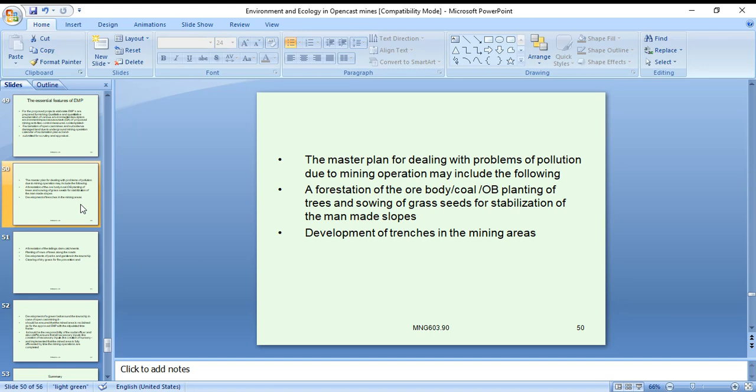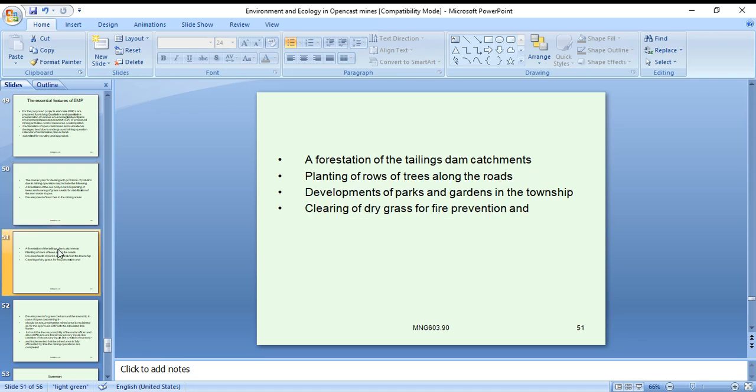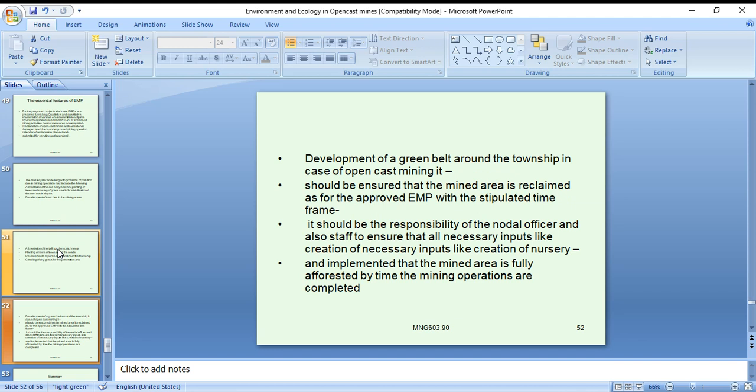the problem of pollution due to mining operations may include the following: afforestation of the ore body, coal, OB planting, trees, and sowing of grasses, seeds for stabilization of the mine slopes, development of trenches in the mining areas, afforestation of the tailings dams, catchments, planting of rose trees along the roads, development of parks and gardening in the township, clearing of dry grass, fire prevention, and development of the green belt around the township.